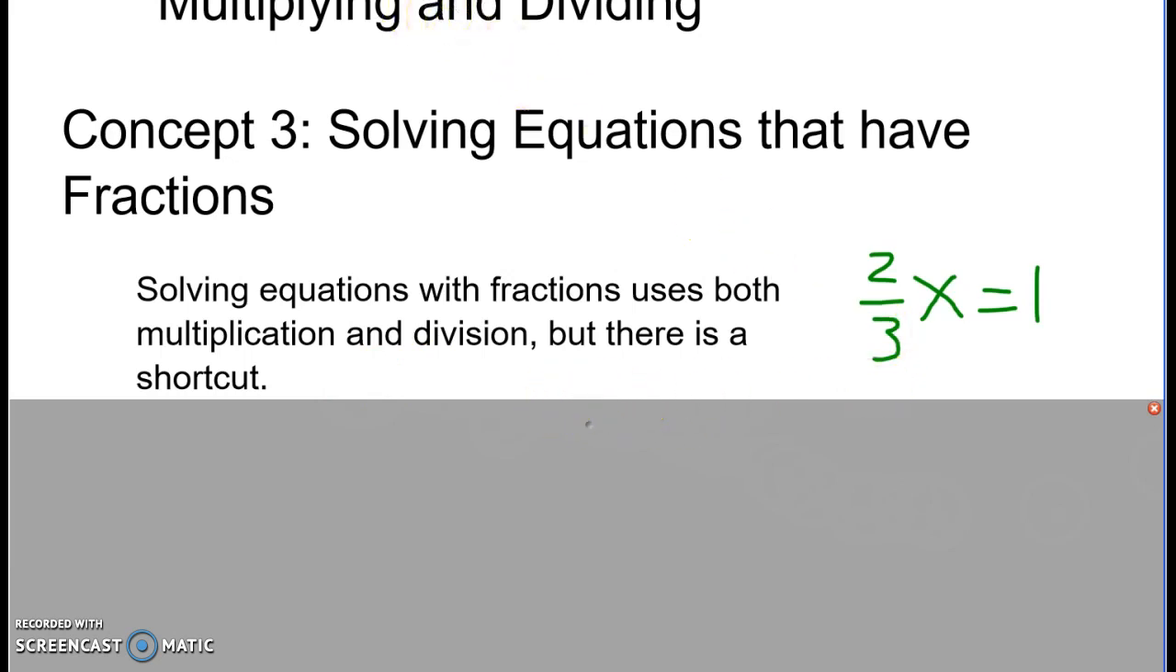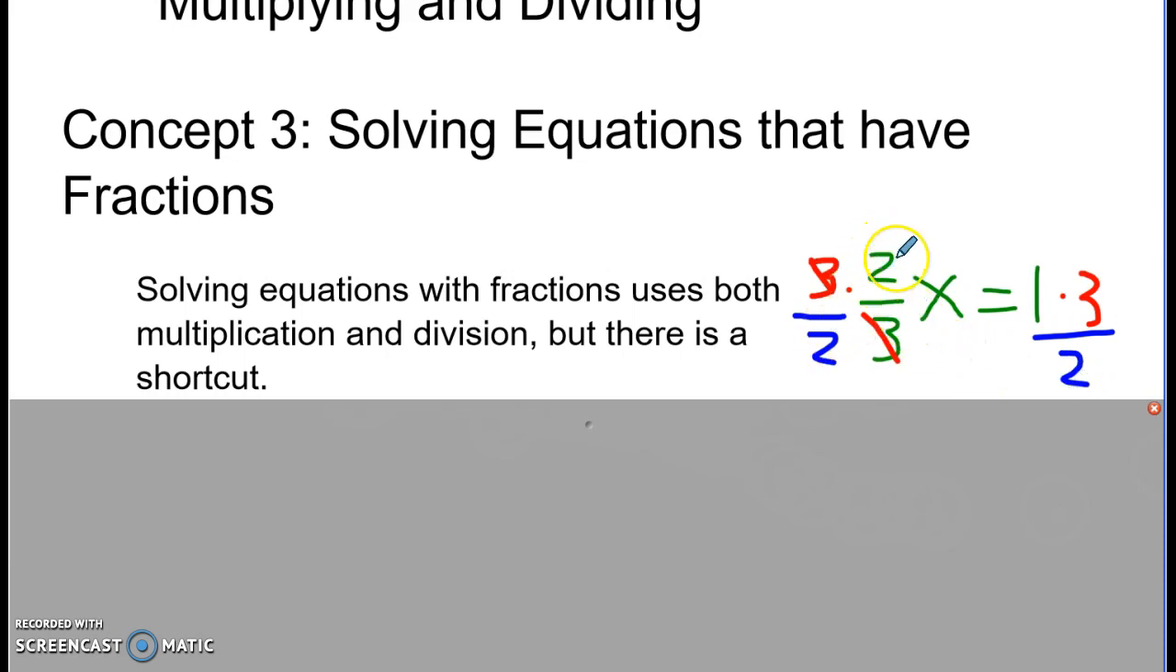All right, so we will start with the way we've learned. So we're going to use multiplication first. We want to get rid of that 3, so we're going to multiply both sides by 3 and cancel. And then we want to divide by 2. Okay, and I'll do it off to the side because